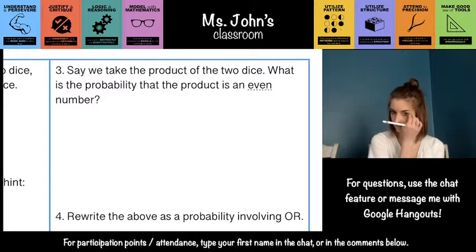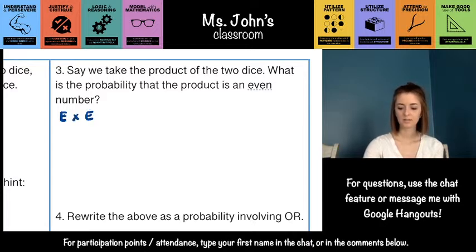So here's the experiments that I sort of do in my head when I'm thinking of this. Okay, first of all, we can either have an even or an odd on the first number, or an even or an odd on the second number. So let's try even times even. Say like 2 times 4 or 6 times 2. The result is always